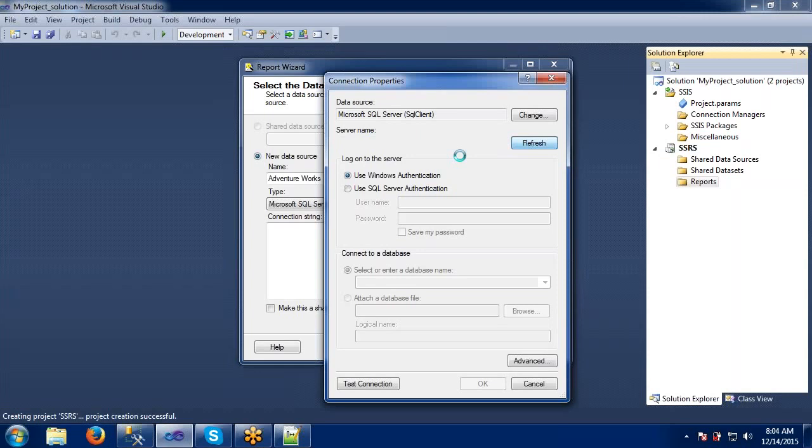Or else sometimes if you don't remember that one, if the same server is available in your local system also, we can do one thing actually. I will show you that option also now. I think this is taking a lot of time. Yeah, I think it's still not able to find.